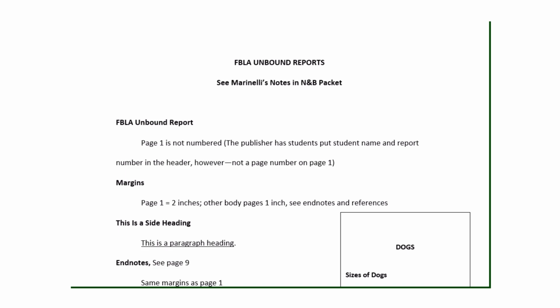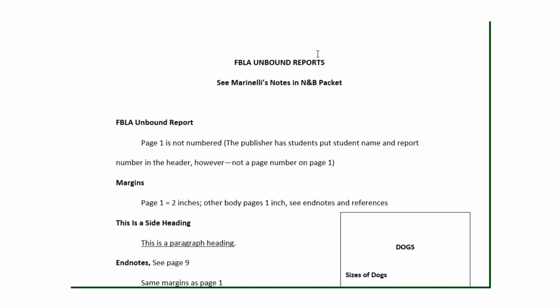So there are different styles of reports: FBLA, Future Business Leaders of America. There's MLA, probably what your English teachers use. There's APA, which I believe Mr. Hinojosa uses, and there's a variety of others. Once you learn one, then the others are easy to learn. You just need to see what's the difference in the rules. So this is